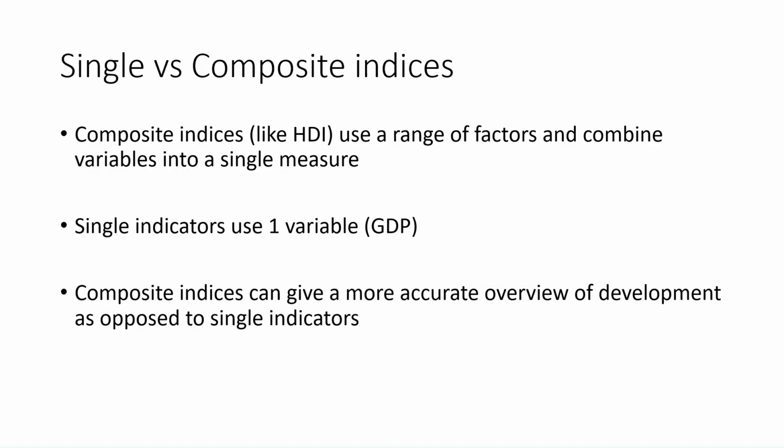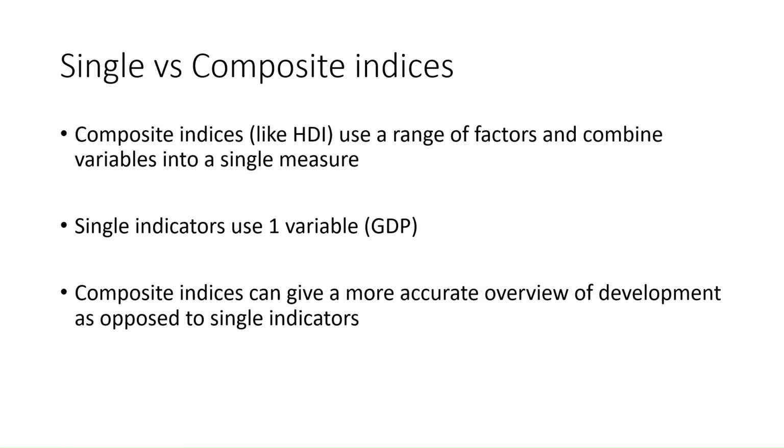So, for example, countries with high GDPs, like let's say the US, will have a large wealth disparity, which could suggest that perhaps the development there is not great, and it's really masked by just the high GDP of the US. Whereas HDI takes into account literacy rates and life expectancy, which perhaps you can argue is more accurate.